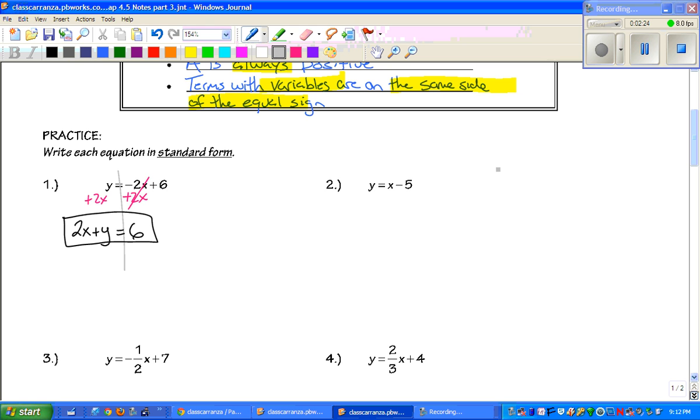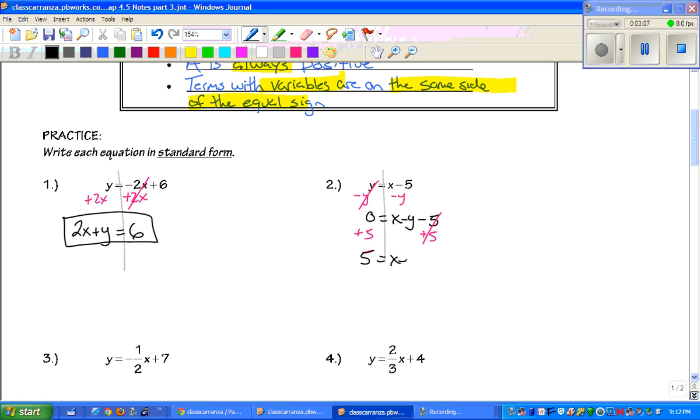All right, let's look at 2. Now, a, the x, is positive right here. If a is positive, we're going to keep it, and we're going to subtract the y to the other side. When we do that, we get 0 equals x minus y minus 5. Okay? We're good, except we've got this extra 5 here. We can't have that on that side. Okay? So we're going to get rid of it by adding 5 to both sides. That cancels, and we get